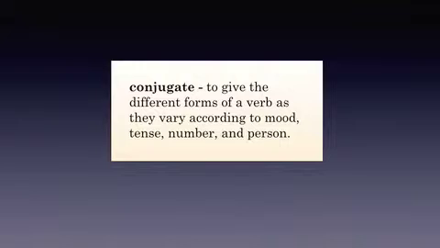According to the dictionary, to conjugate means to give the different forms of a verb as they vary according to mood, tense, number, and person. So for learners of French as a second or third language, all this means is to take an infinitive of a verb and to use it to show the more basic forms and, at the beginner stage, more useful forms